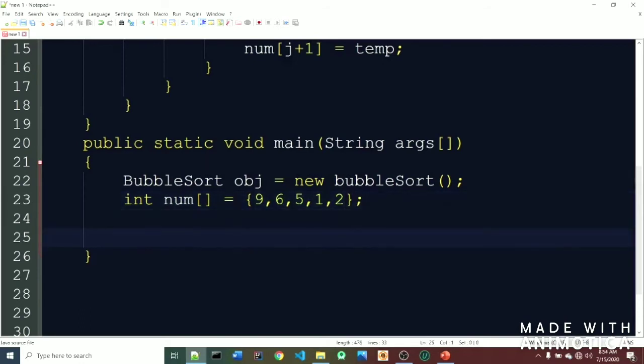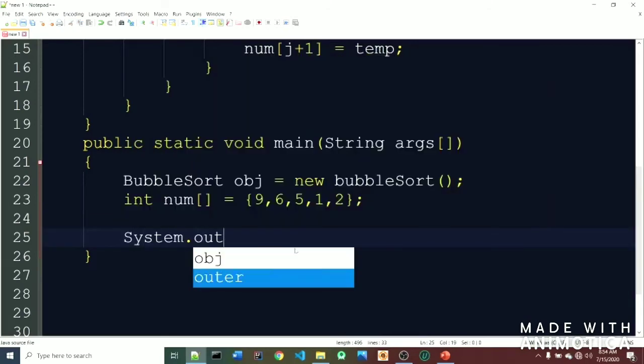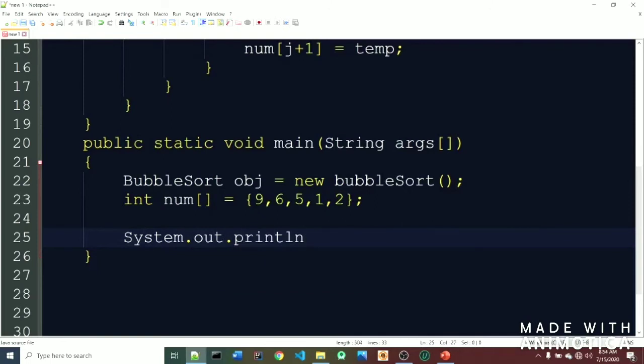Now after that, I am just printing these values on the console so that we can understand what the previous values were and what the values are after sorting. So System.out.println. If you want to print these numbers, you have two options.